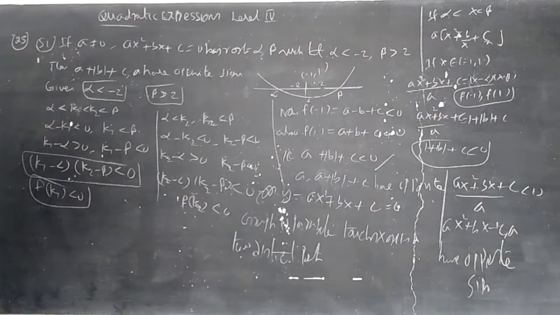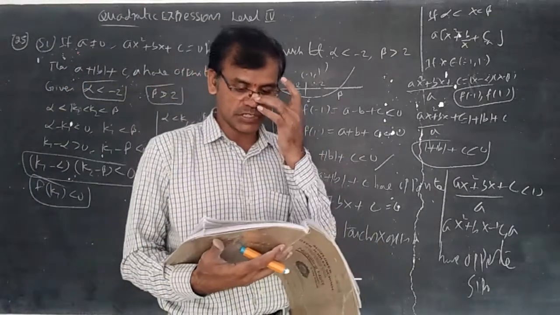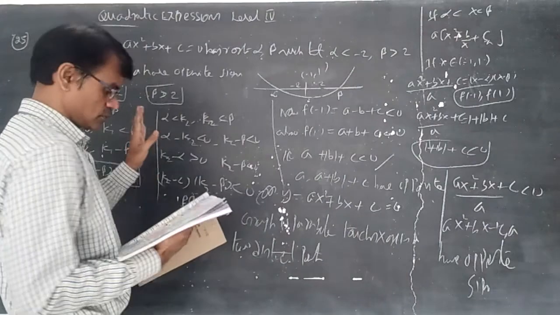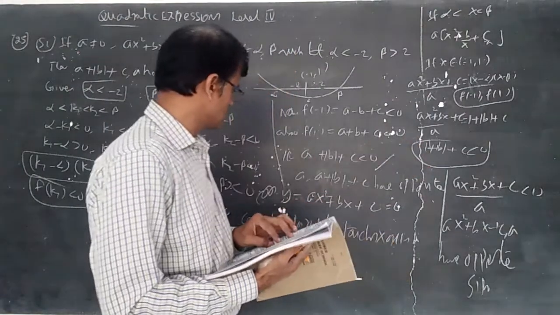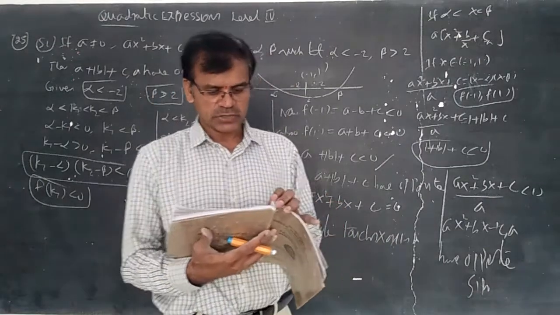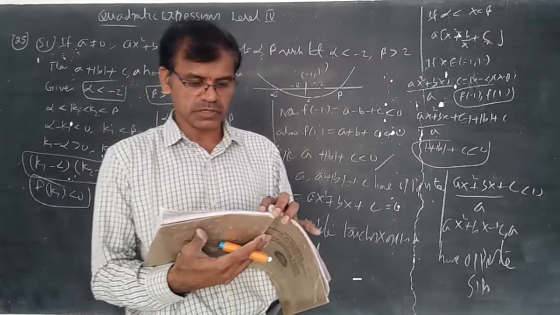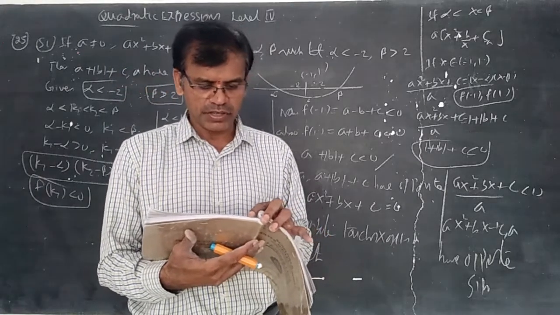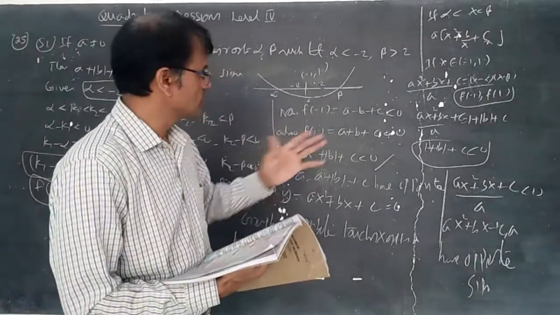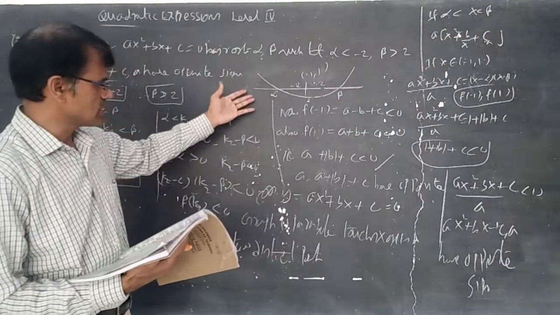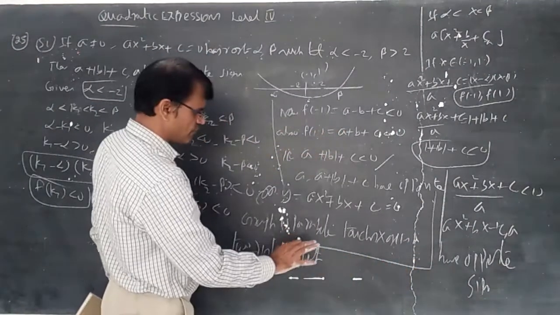Now let us discuss the reason. Statement 2: a greater than 0. Whenever a greater than 0, no need to discuss all the things. Just wait, I'll explain, students. I want to discuss with you gamma, delta, gamma less than delta, the roots of ax square plus bx plus c equal to 0. The graph of the parabola y equal to ax square plus bx plus c for gamma less than x less than delta lies below the x-axis. So we should use this one. Below the x-axis only.